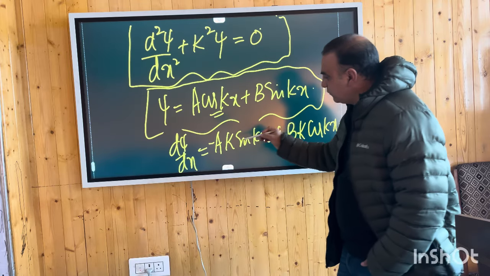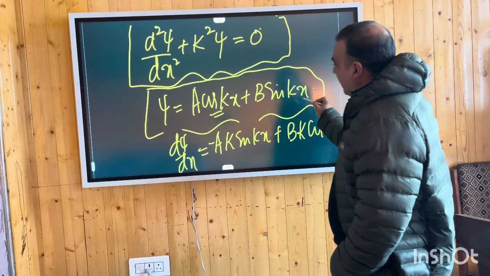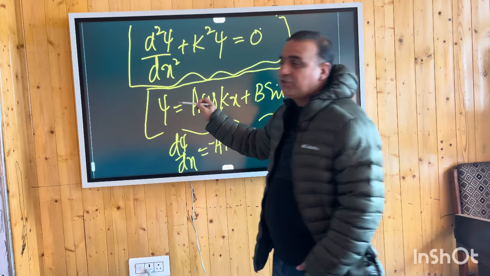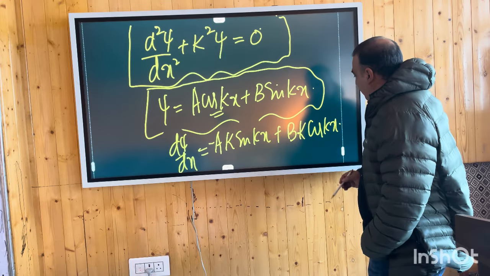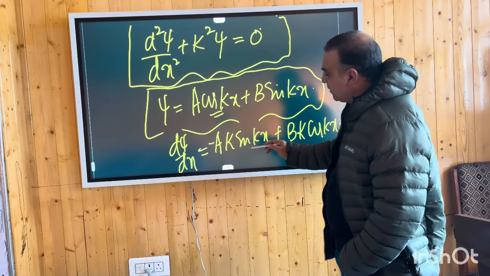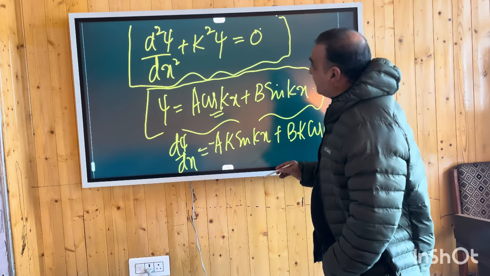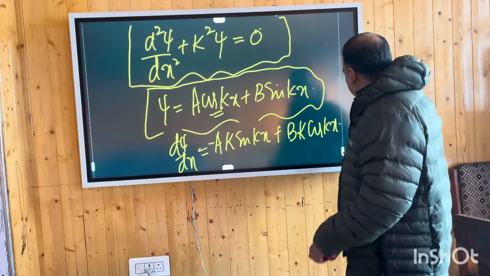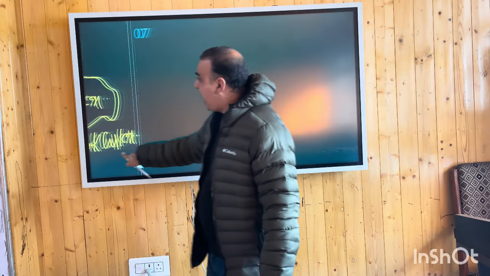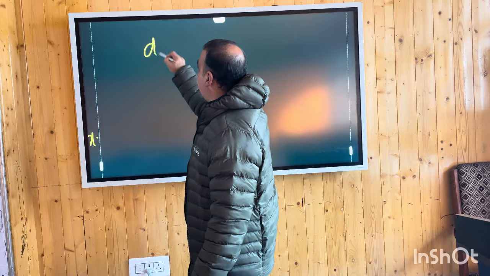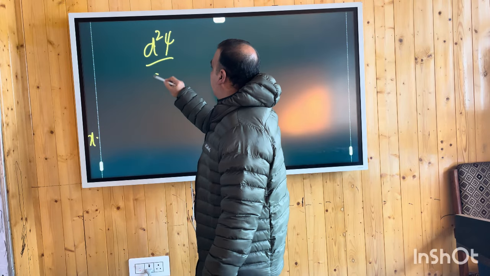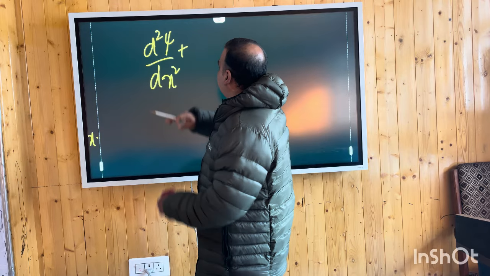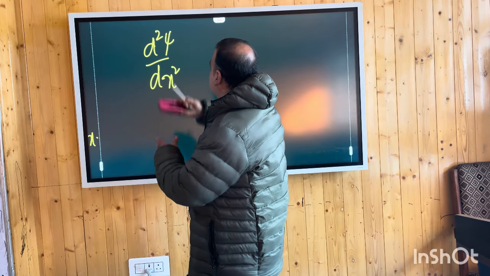So this is our first derivative that we obtain for the assumed solution to the differential equation. Now we will again take its derivative and see what happens. So what we will have is d2 psi by dx2 equal to,